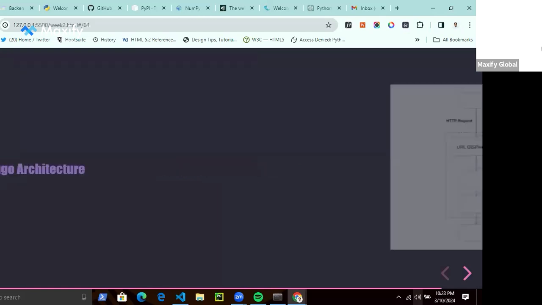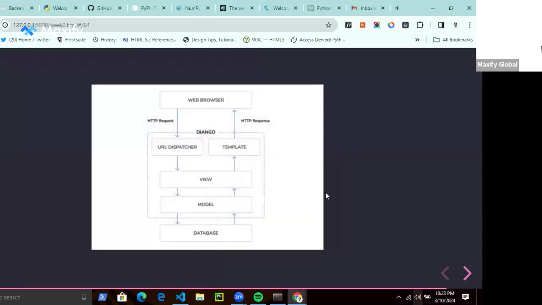So Django architecture, okay? Let's quickly discuss Django architecture. Django processes the request and response cycle through different components. First is the URL, views, model, and template. So let me quickly explain how Django architecture works. If you look at this diagram, you can see from your web browser, you make an HTTP request, usually with an endpoint, that is a URL.